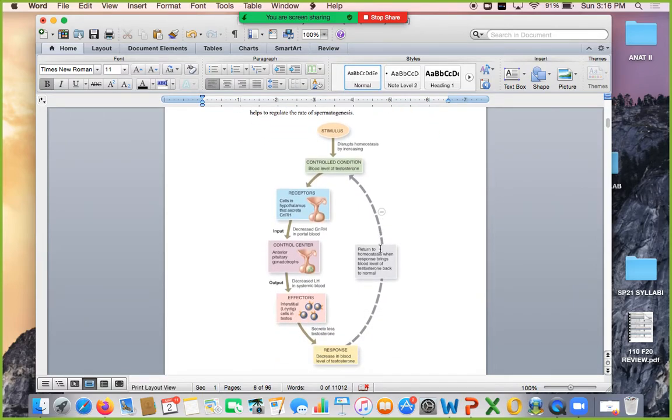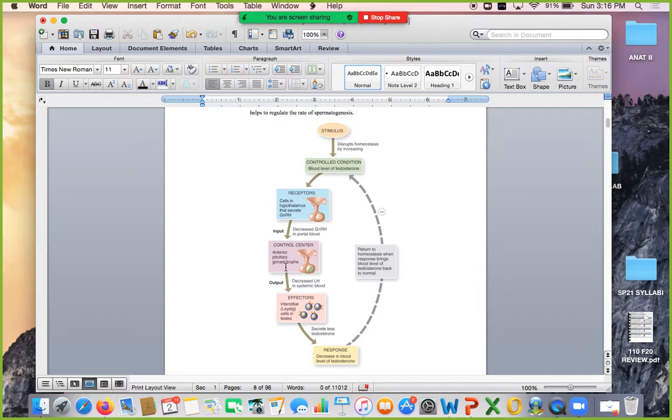All right, so here's a negative feedback loop. It's going to talk about how we maintain our blood levels of testosterone, which is pretty much going to summarize the figure that I just showed you. Basically what happens is when we have a stimulus, such as increased testosterone levels, testosterone is going to bind its receptor in the cells that create GnRH in the hypothalamus. And remember, testosterone inhibits the creation of GnRH, so it's going to then decrease GnRH in our portal blood,